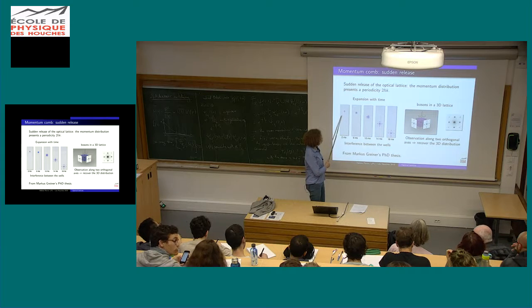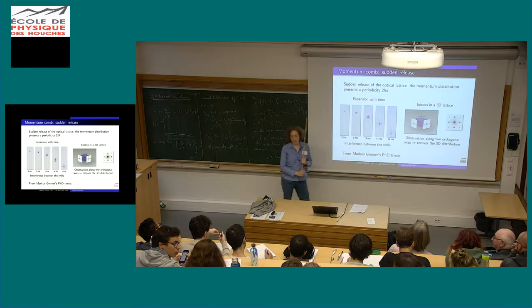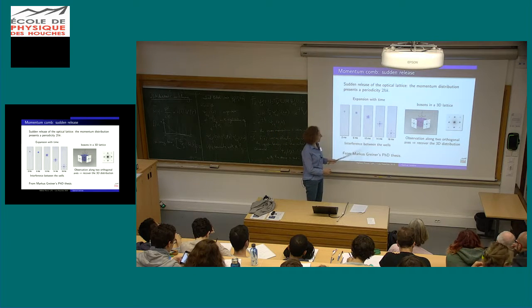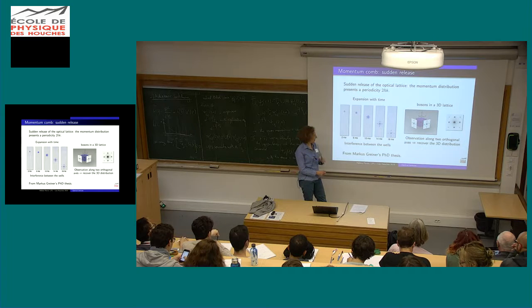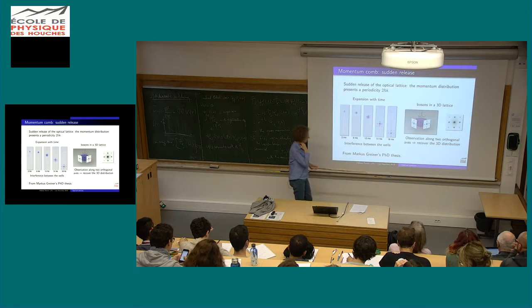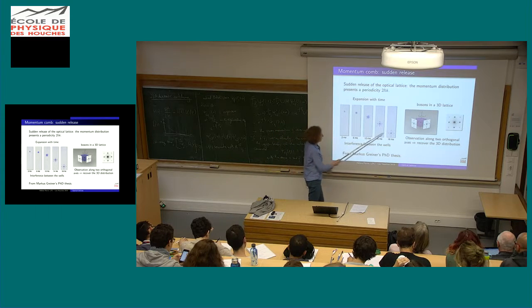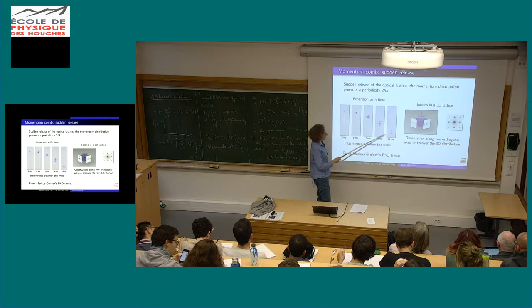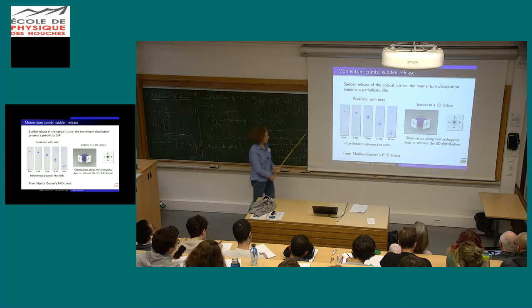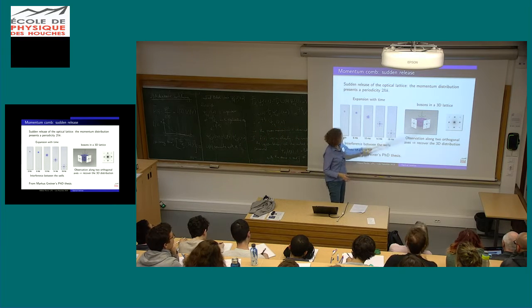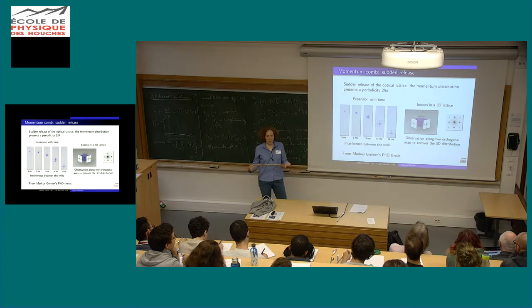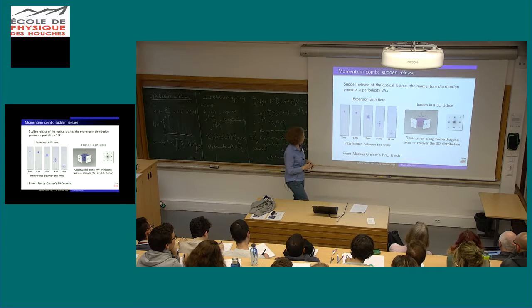And as expected, when you look at the position distribution at long times, it reflects the momentum distribution in the lattice initially. And you find a very strong peak at momentum 0, and also peaks at momentum plus 2 h bar k, minus 2 h bar k, etc. So the initial lattice is a square lattice with period lambda over 2 in all 3 directions. So in 3 dimensions, you can reconstruct the full momentum distribution, which is the Bravais lattice of the reciprocal lattice.